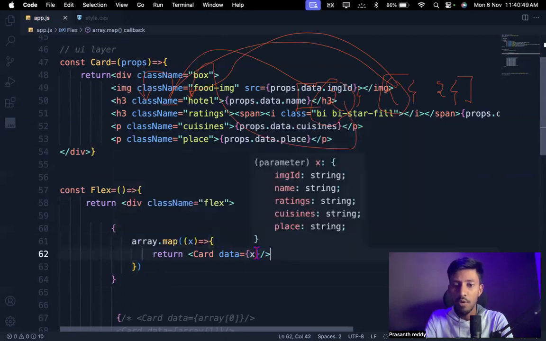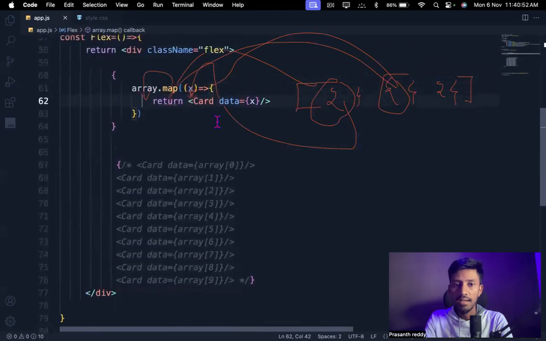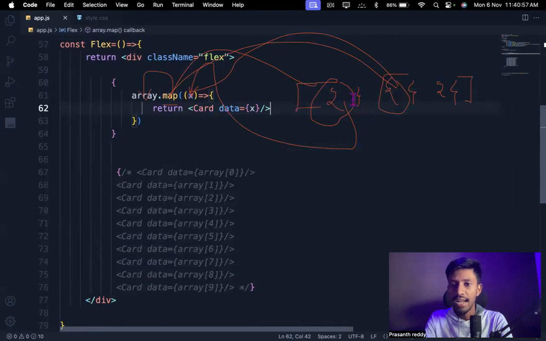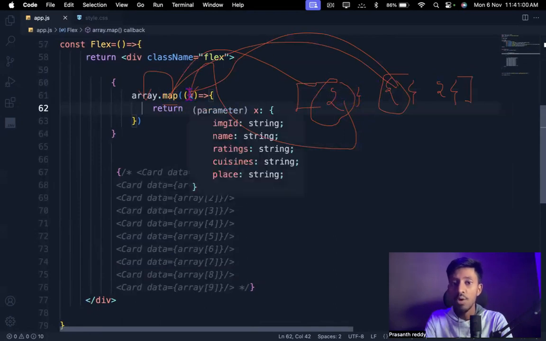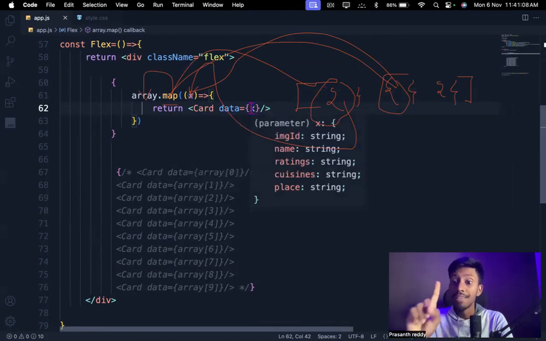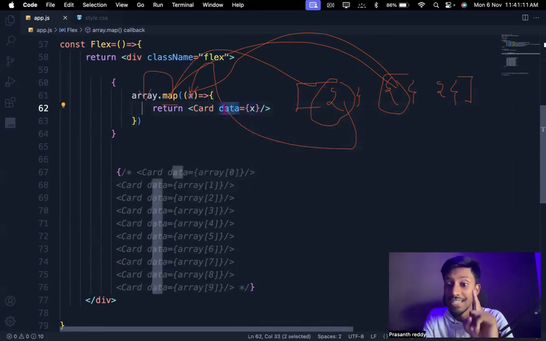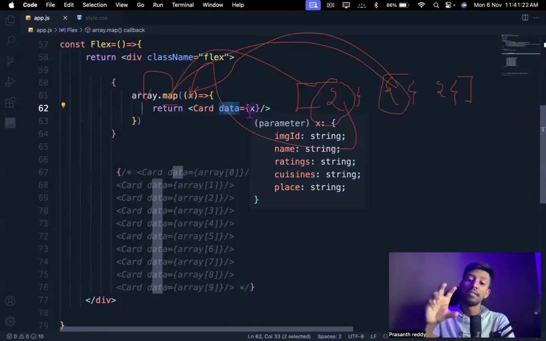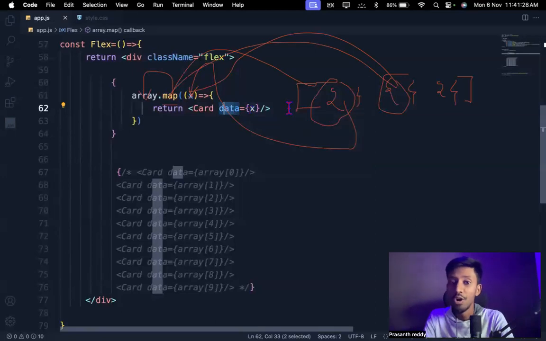Why did I type the x over here? Because this map function will map the values inside this array. It will take this value and store it inside this x value. See, this object data is now inside this x. Now this same object data I'm passing to here. That means the first restaurant data is stored inside this data. In the same way, the second restaurant data will be stored inside this x value, and this x value will become the data here. That means now the second data will be stored. That means this map function will map every object, every restaurant data inside the array, guys. Now you got the idea why I'm taking this.